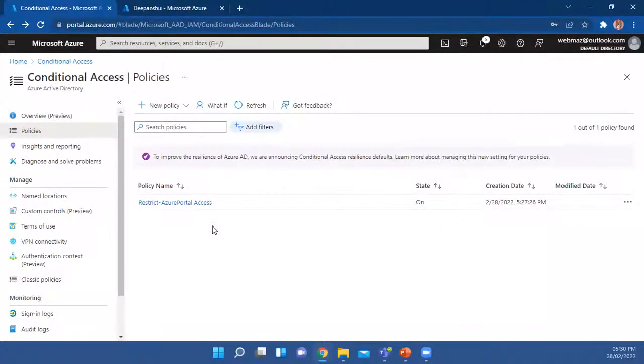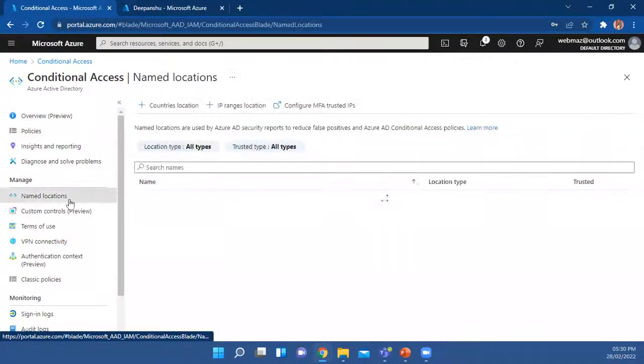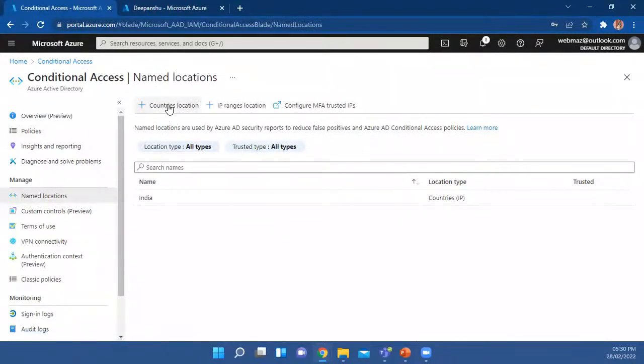For creating named location based policies, first of all, we need to set the named location in the Manage section. So in this conditional access pane, you can see one option for Named locations. Let me select that one. And here you can see that you can create an IP range location and country locations. Here I have one location, India, in place. But if you want to create any location, then you just have to hit the